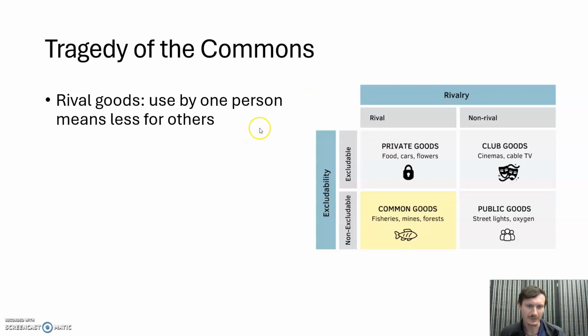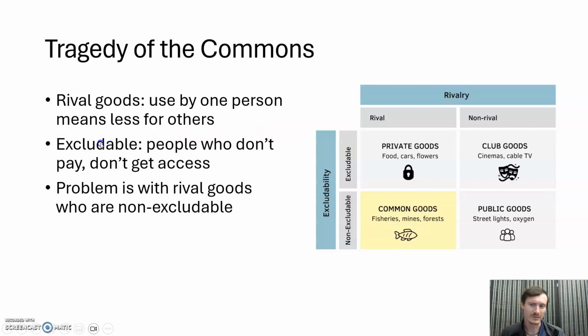Not every good is like this. We could also talk about some goods being excludable. So it is excludable if you can force somebody out if they don't pay. So some things you can exclude people from, some you can't. What can you not exclude people from? Well, a good example would be things like public parks. Oxygen is on here, which I guess is fine as a public good. Streetlights, libraries, knowledge would be good examples of this.